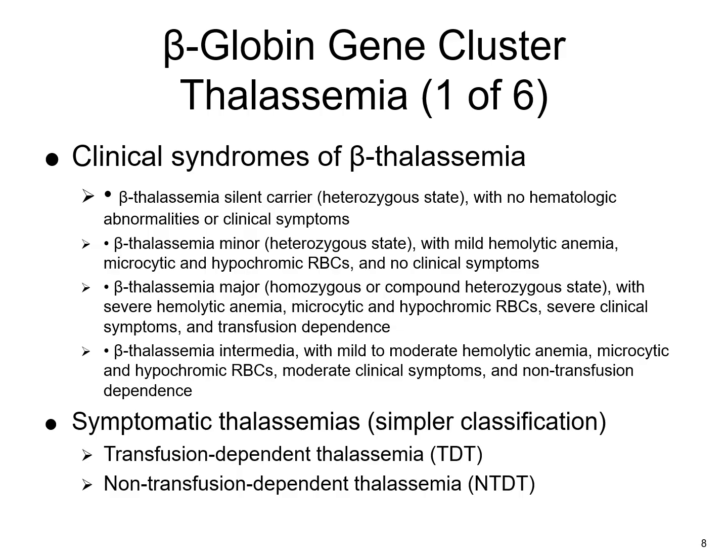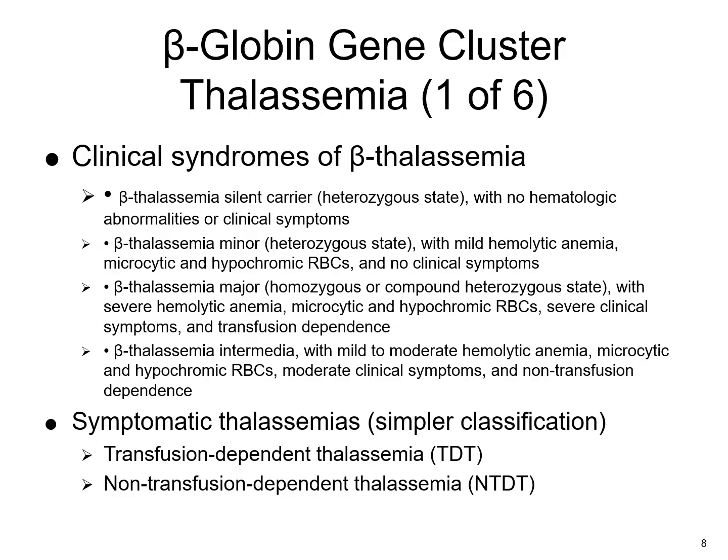And then we have beta thalassemia major, also known as Cooley's anemia. This is caused by two severe mutations. This leads to severe hemolytic anemia. Red blood cells are microcytic and hyperchromic. This will usually present early in life with severe symptoms such as growth delay, bone deformities, pallor, and an enlarged spleen. Patients are dependent on regular blood transfusions for survival.